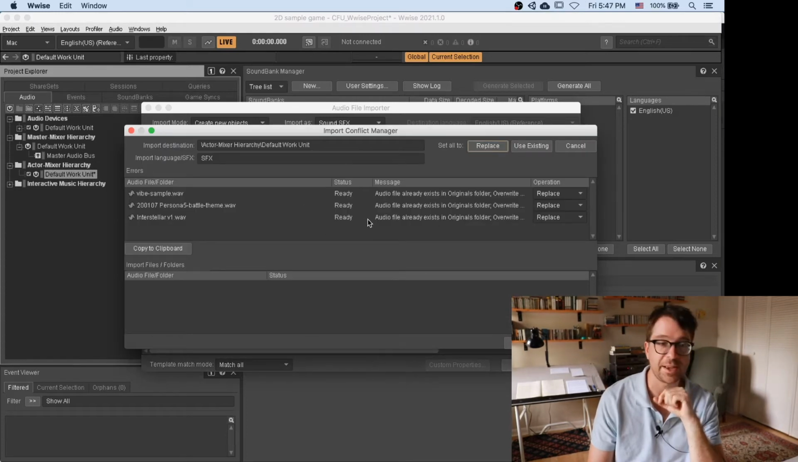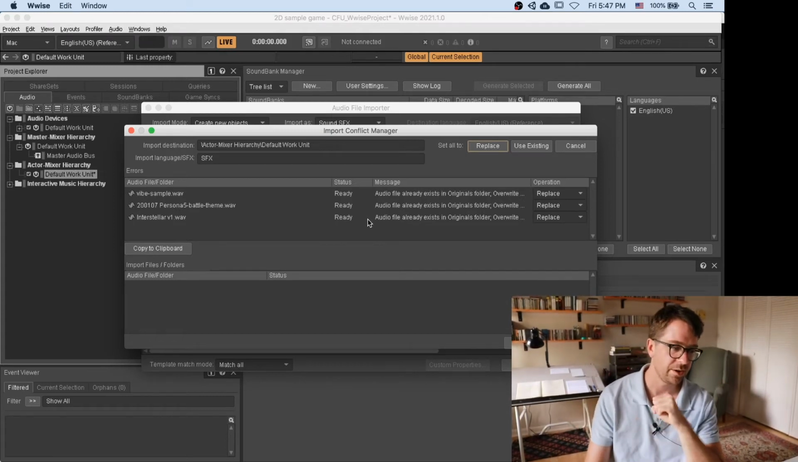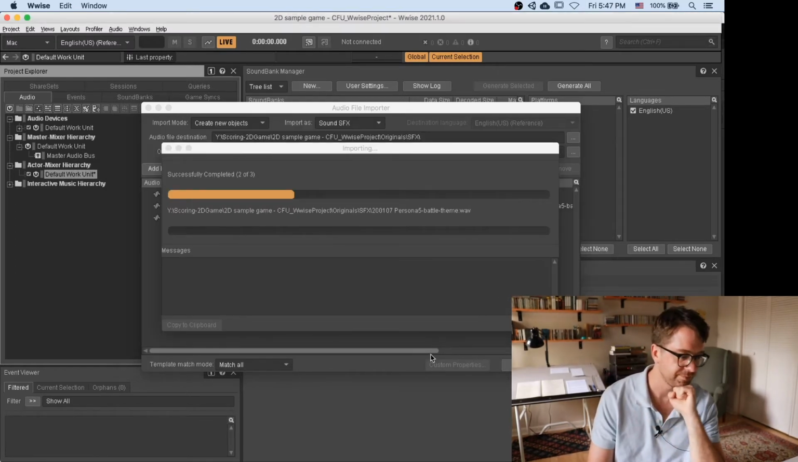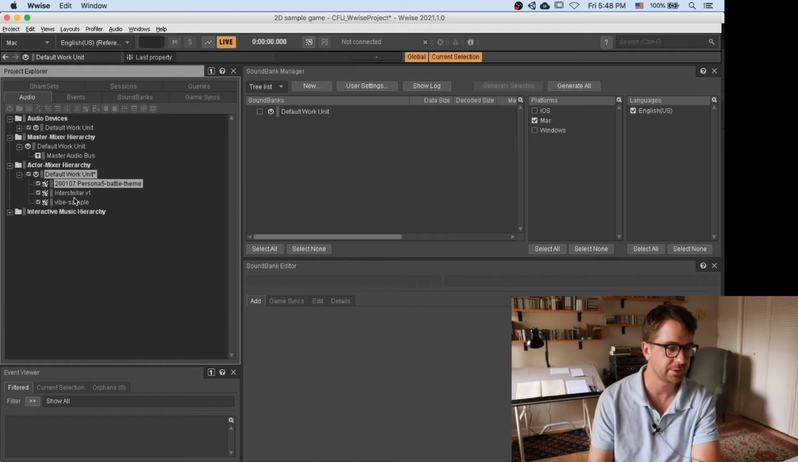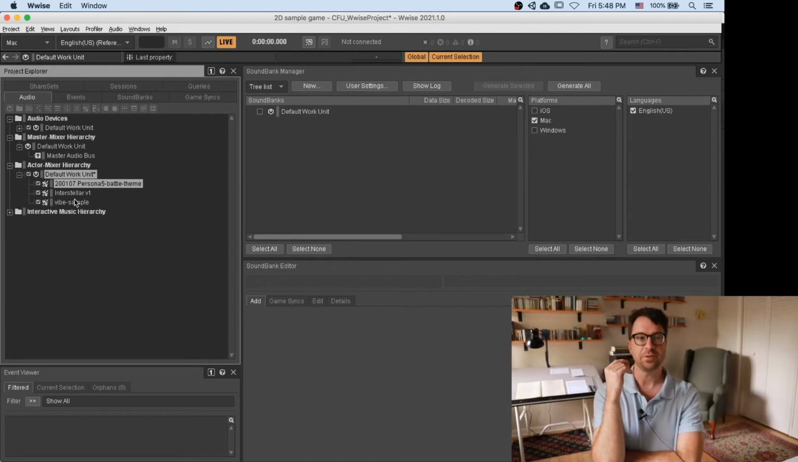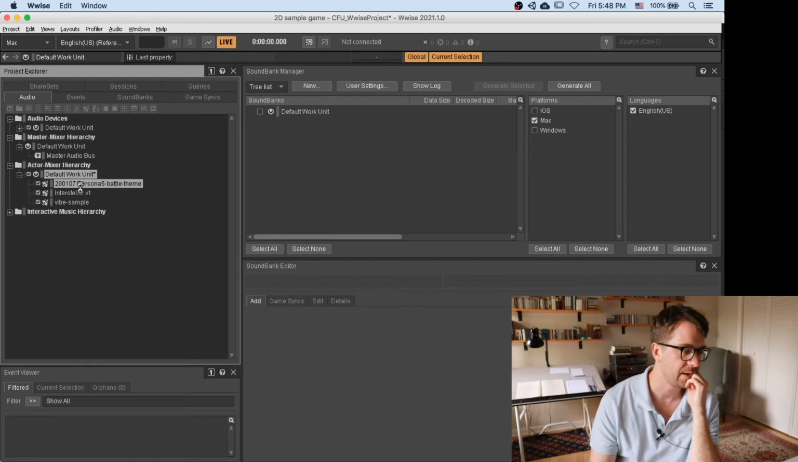It's saying that they already exist because I've made this session before. Yours will not say that they already exist. I'm going to click replace. Now within my actor mixer hierarchy, within my default work unit, I have 3 different sound files. These are the compositions that you should make for this game: zone 1, zone 2, zone 3 of the game. If you click on one of the files here,